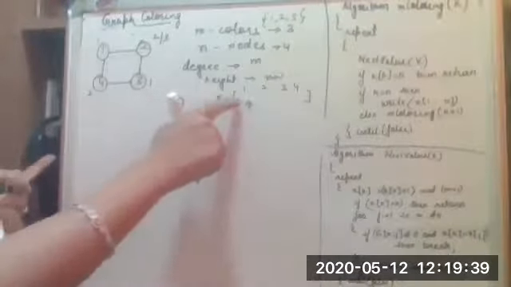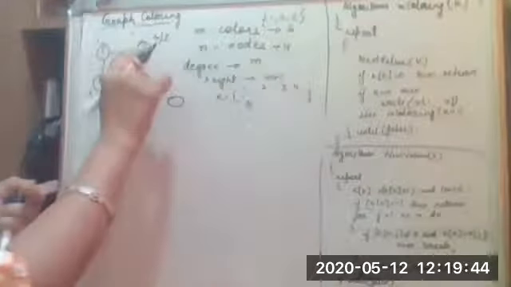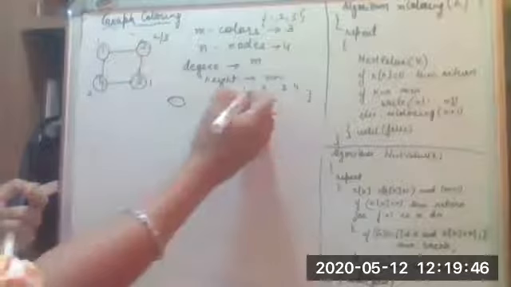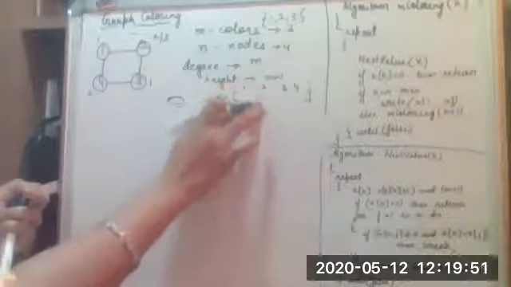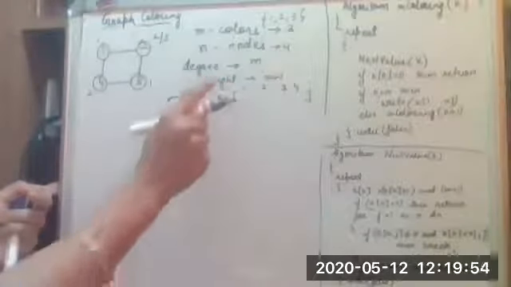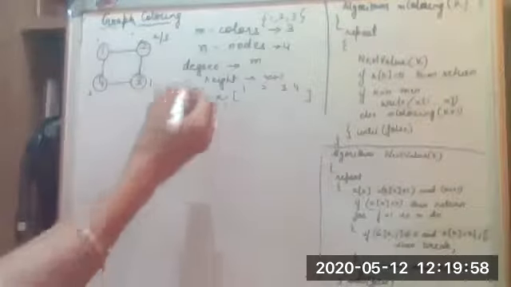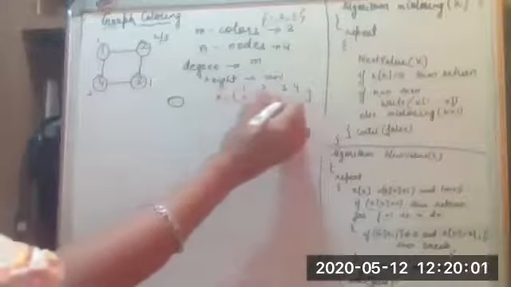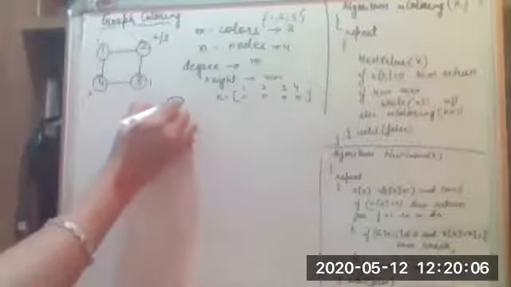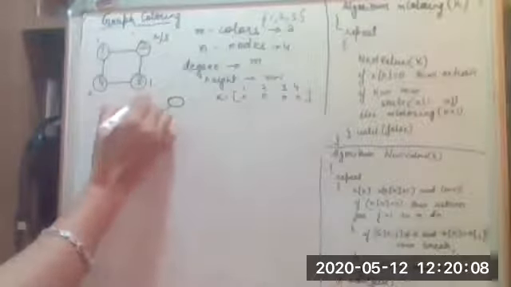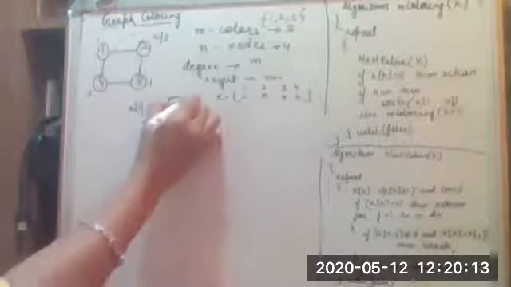So if I am going to color the first node as the first color, this will be 1. If I am going to color the second node with the third color, this will be 3, and so on. Yes, so this will hold the color that is given to each of the vertices, 1, 2, 3, 4 vertices. Okay, to start with, X will have all the 0 values. Then we are going to start with what vertex? The first vertex. So X of 1. It can have the value of 1, it can have the value of 2, and it can have the value of 3.